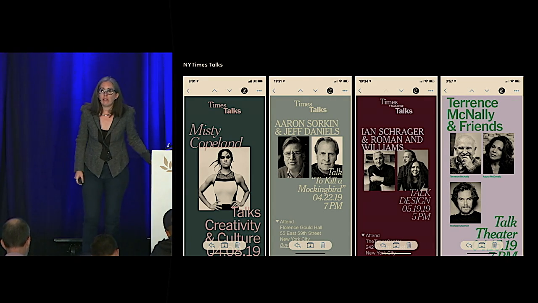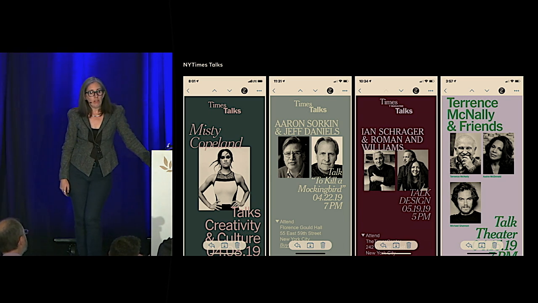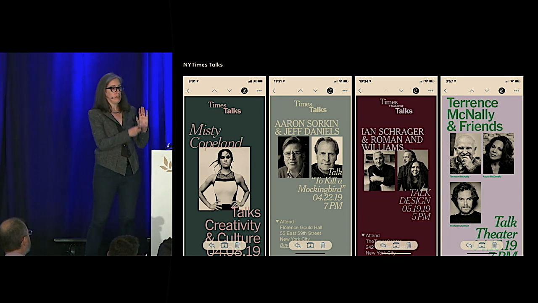So let me show you one last example. I get these emails in my email inbox. I don't ever go to the Times talks in New York City, the city where I live, but I like looking at these emails because they're really pretty, especially the colors are amazing. And also, even though this is email and it's probably HTML, and I'm so sorry for the people who have to make these,